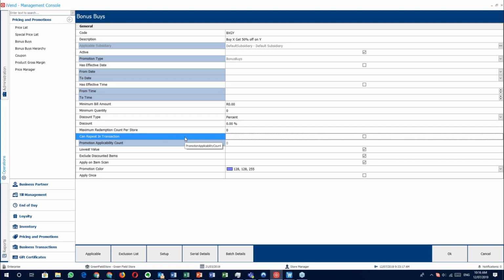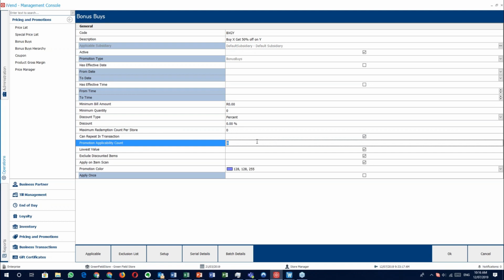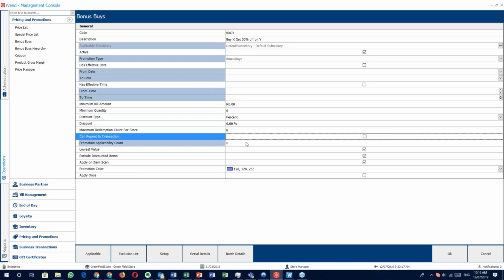Can you repeat it in a transaction? So can it go more, with it repeating? For instance, I can say, yes, you can repeat it twice. So you can only buy this one twice at the promoted amount. And yes, that is actually kind of important because one of the stories I do have on this is